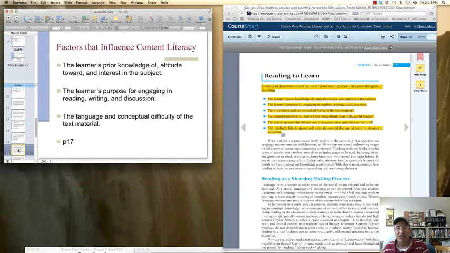The assumptions that text writers make about the audience of readers, and the structures of the text, have a lot to do with how they organize information. If you have a very type A person and this text is free thinking, free association, it might be very challenging, especially without any setup. Okay, this is going to be a very different type of passage. And most importantly, or more importantly than many, is the teachers' beliefs and attitudes towards the content, towards learning, a variety of things. So, that being said,